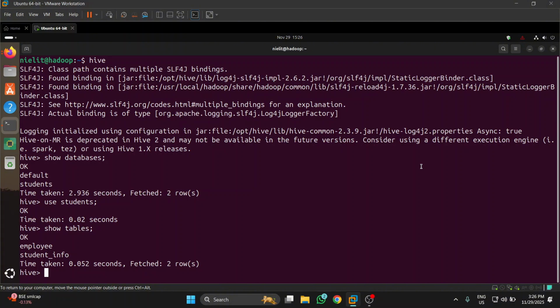While creating a table, you have to write partition by, and you have to specify the column by which you want to partition the table. So for example, I can create a table. Partitioning improves query performance and reduces scanning. If I want to create a new table inside my students data, I can write create table